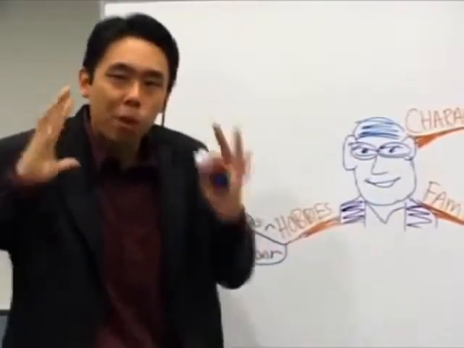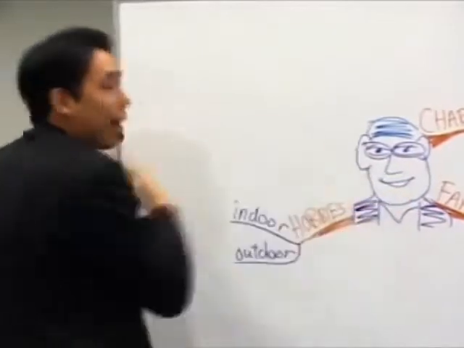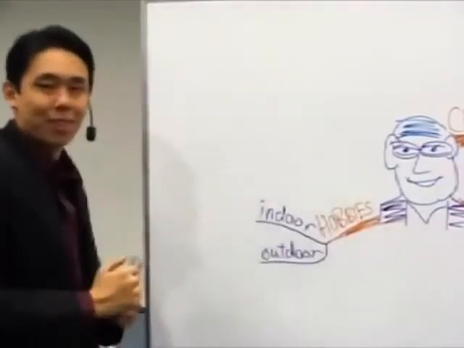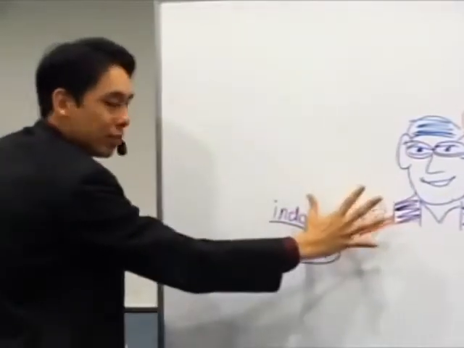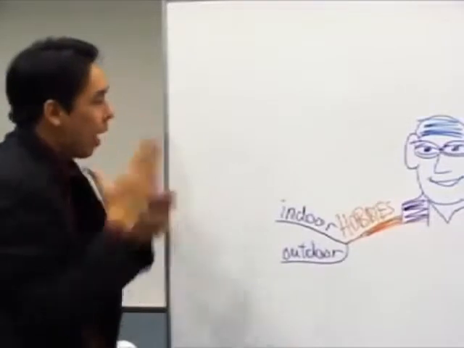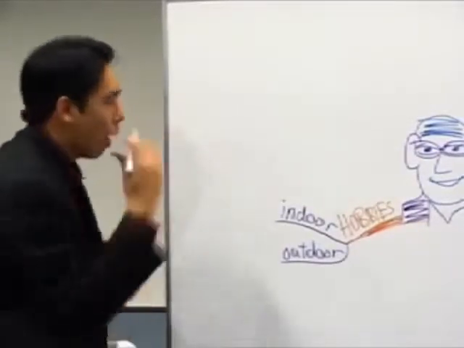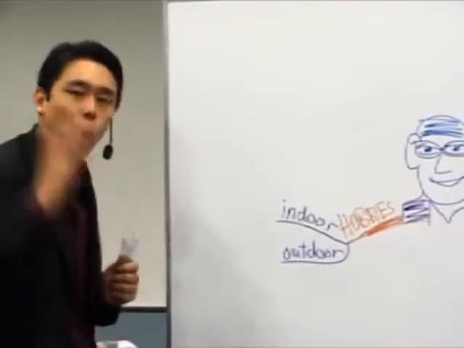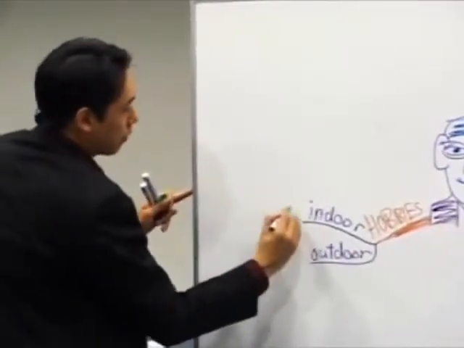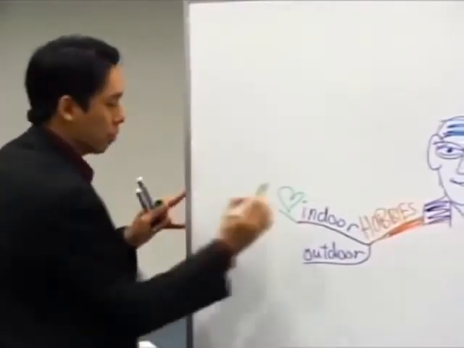But the moment you start branching from my map on the left-hand side, what happens? You actually are branching from right to left. So what happens? You actually got to read it from right to left. So in this case, under hobbies, you can see that he's got indoor hobbies and outdoor hobbies that we just mentioned just now. Under indoor hobbies, he could, let's say, love to play computer games. So how do we write this down? Again, one word or one line, except this time you branch from right to left. So loves, can draw this heart there to represent loves,